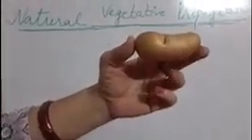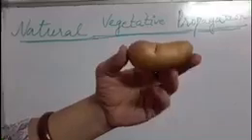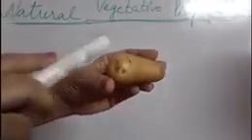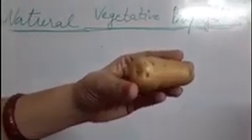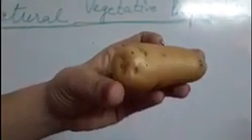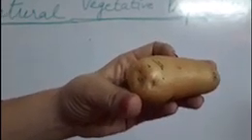Next activity we can do is taking this potato tuber. You can see that this is a modified stem. It has got depressions. These depressions are known as eyes. I have marked it for you. These contain vegetative buds. Over here you can see some growth of vegetative buds. If we cut a portion of it and put it into soil, water it for some days, then we realize that a new plant starts growing from this vegetative bud. So this is also vegetative propagation by means of a modified stem.